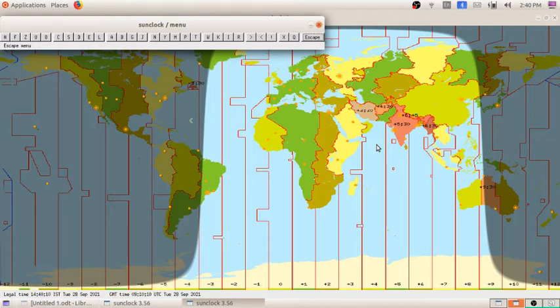So did you notice the difference? Already I told this 2 hour difference when we write the time for 30 degree east and 30 degree west, you can see a 2 hour different time.